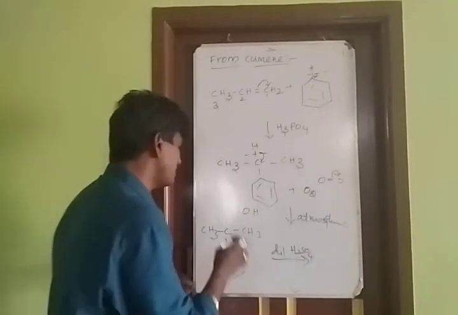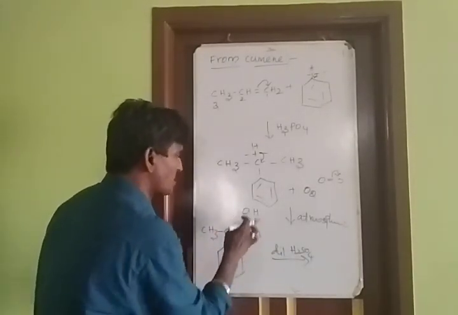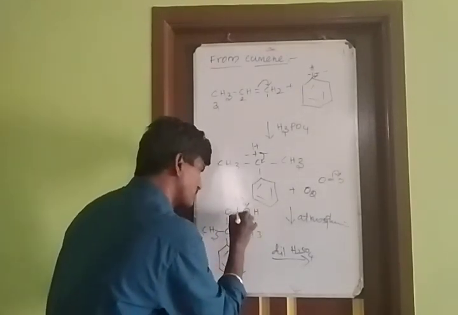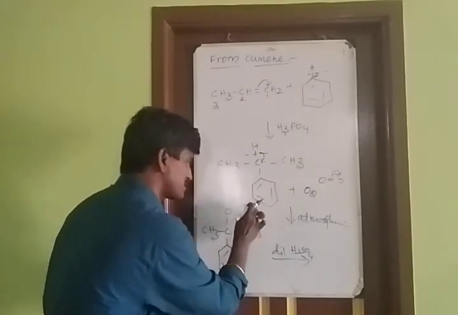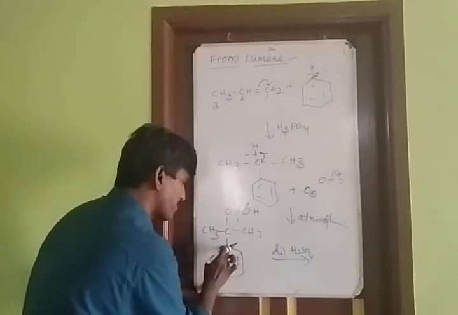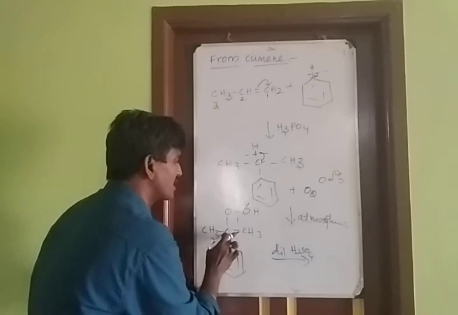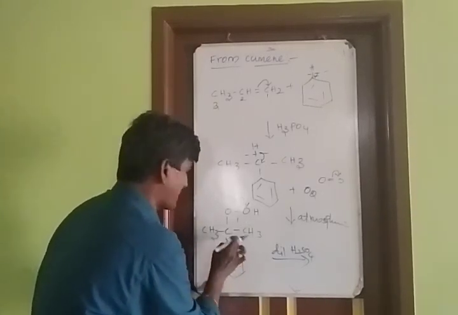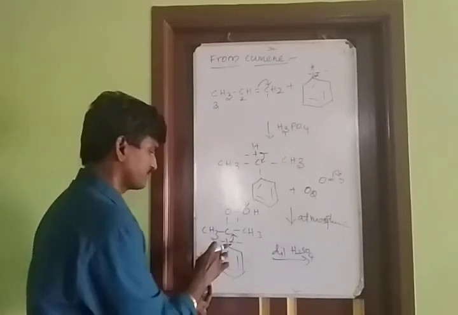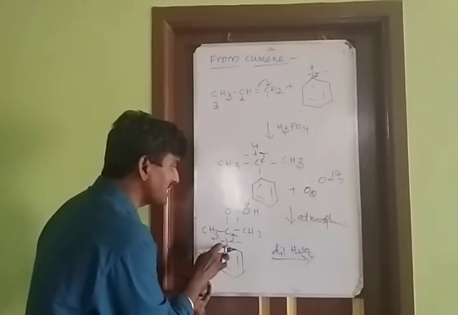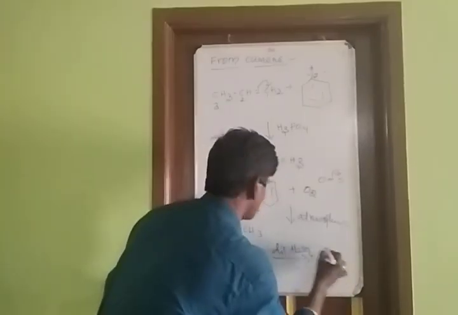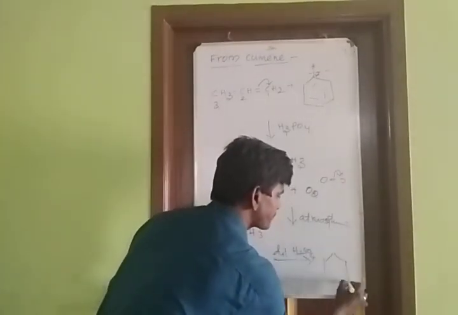So what will happen? Compare oxygen and the hydroxyl group. Hydroxyl group electronegativity is greater than oxygen. So here the bond breaks. OH minus. Okay. Here what's the charge of C? O plus. Next, this is the phenyl carbon. This is the propyl carbon atom. Okay, phenyl carbon. Here also the bond breaks. What's the charge of the phenyl carbon? C plus. Here OH minus. So bond formation, you can get phenol.